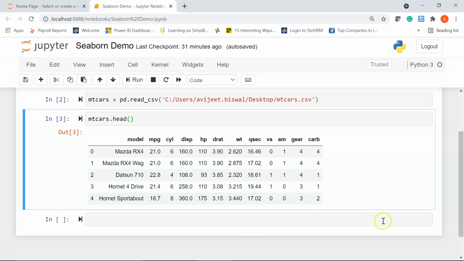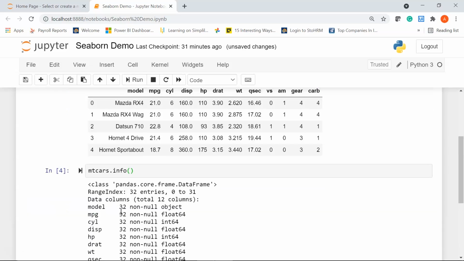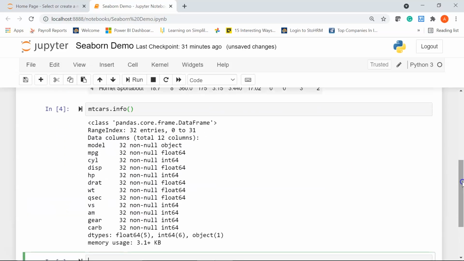Alright, now we'll use the info function to print the summary of the data frame. So the info function returns information regarding the index data type, column data types, then we have the information about non-null values and memory usage. So I'll write my data frame name, which is mtcars dot, I'm going to use the info function. Let's run it, and here you can see we have all the columns. There are total 32 entries from 0 to 31, so data about 32 cars. Then here you can see the data types and the memory usage.